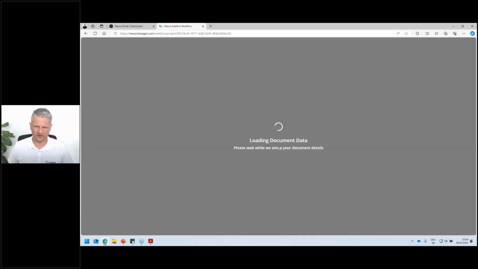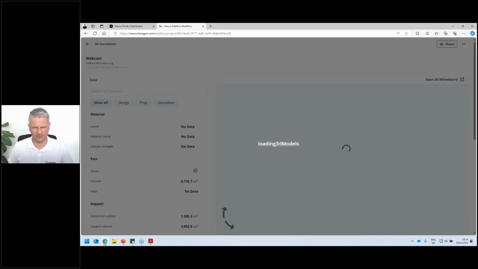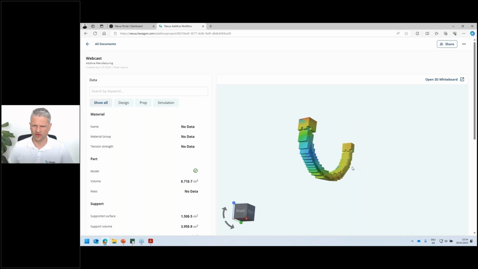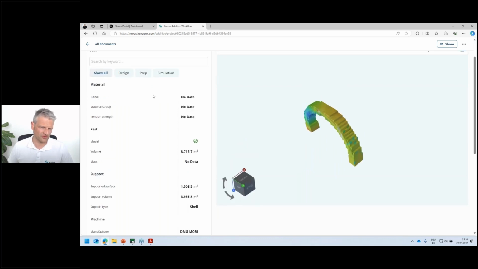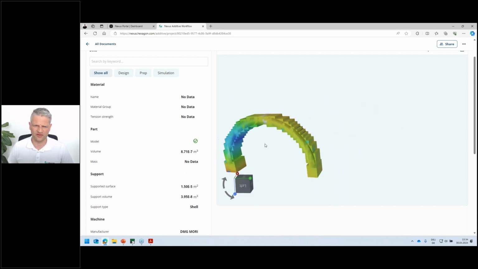And the nice thing is that you can visualize the results here as well in this dashboard. You get all the data. I did not assign a material to the project so far, but